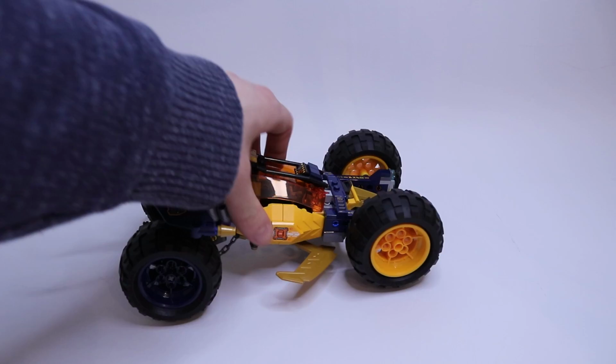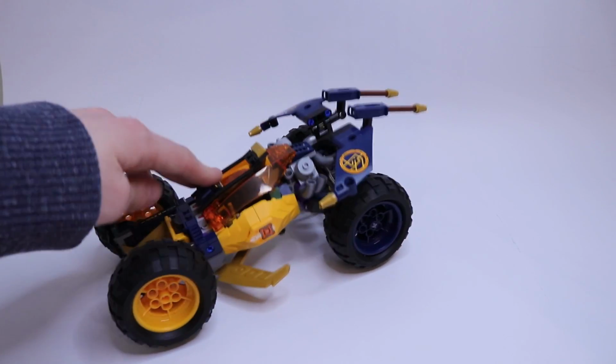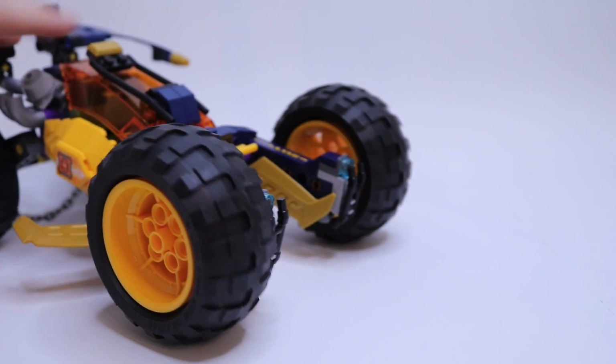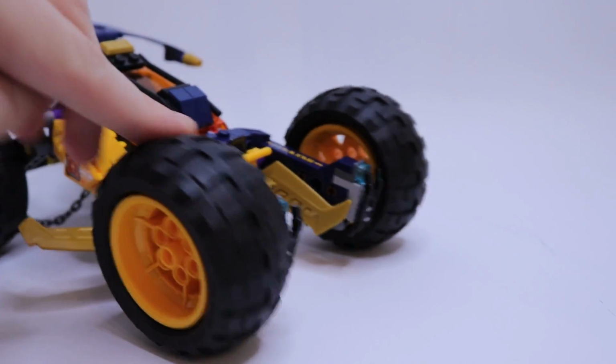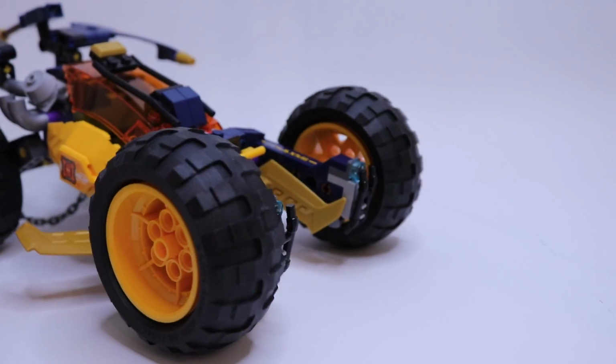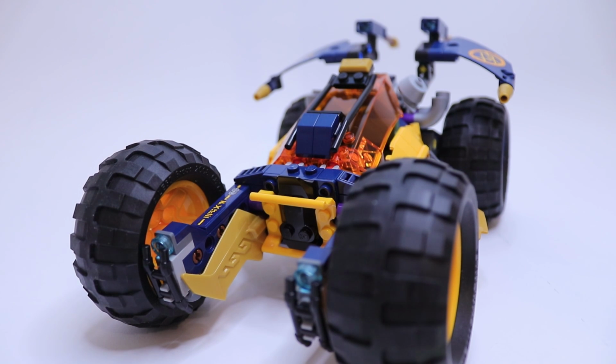This vehicle is pretty much symmetrical, with only some small differences like some stickers or where the steering wheel is placed, or the attachment for the chain in the back. We'll look at everything in a lot more detail of course, starting here in the front, where we have the pair of big rubber wheels. The front ones are in keyed orange and they have these massive rubber tires that roll on the ground really well. Between these front wheels we have this little gap with a blue tile up here,